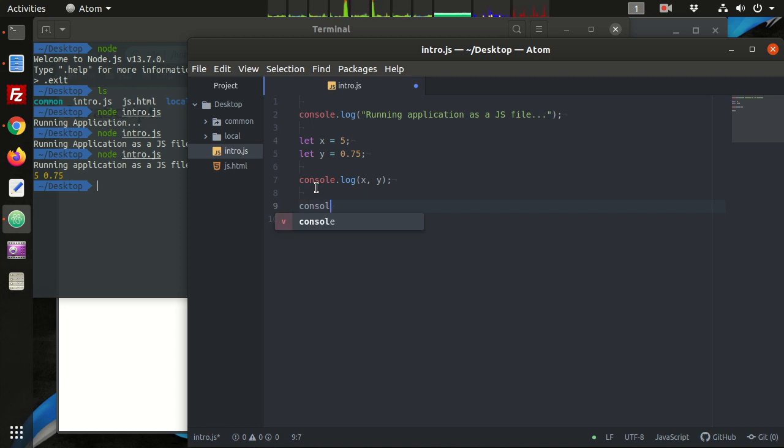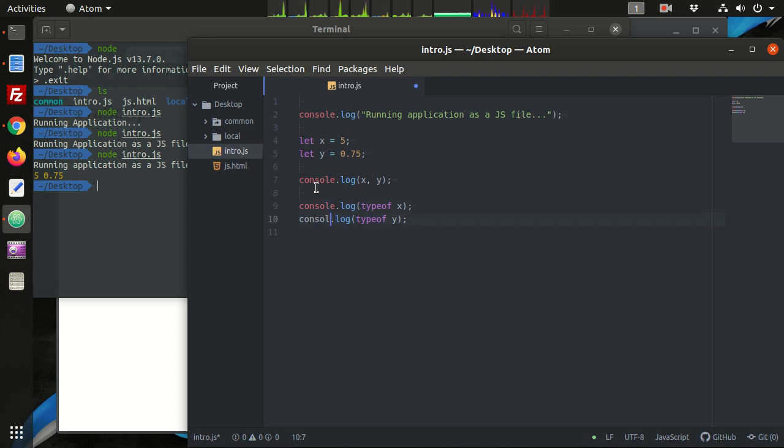So console.log, we can use the typeof keyword. typeof is a keyword, and what you place after typeof, the typeof keyword will evaluate that value and determine what type of data it is and return that type as a string value. Okay, so if I say typeof x and then I duplicate this line and say typeof y,